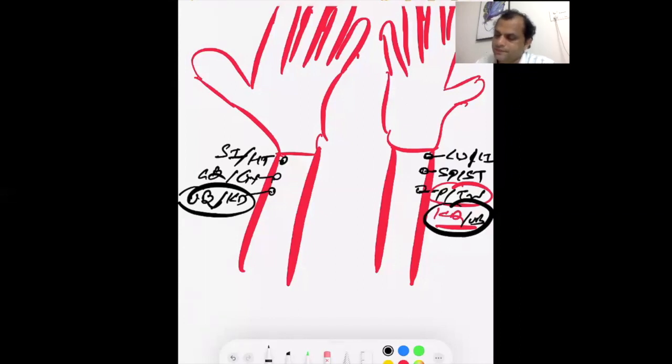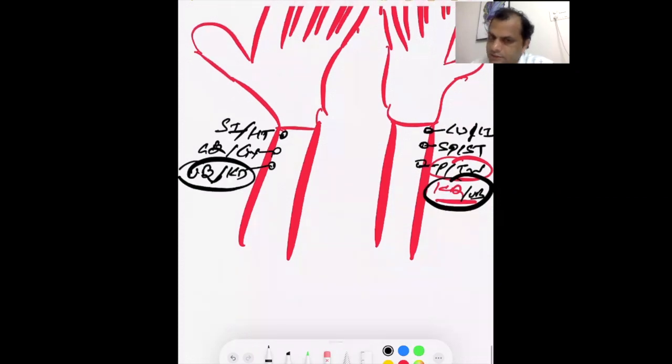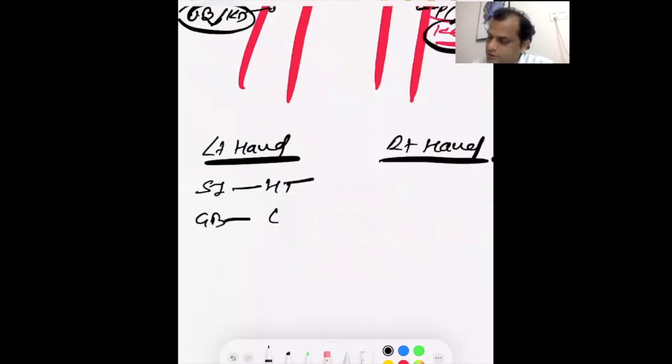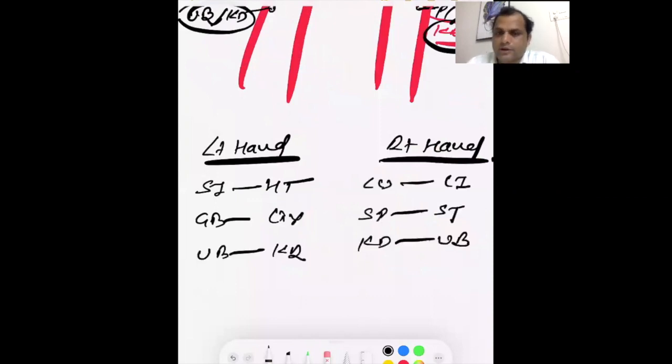So in this way, अगर हम लेफ्ट हैंड की बात करें और राइट हैंड की बात करें, तो लेफ्ट हैंड में हमें मिलती है पल्स स्मॉल इंटेस्टाइन एंड हार्ट की, गॉल ब्लैडर एंड लिवर की, यूरिन ब्लैडर एंड किडनी की। और राइट हैंड में हमें पल्स मिलती है लंग्स एंड लार्ज इंटेस्टाइन की, स्प्लीन एंड स्टमक की, और सेम किडनी एंड यूबी की। सो लेफ्ट हैंड में और राइट हैंड में हमें जो पल्स मिलती है वो इस तरह से मिलती है, यानी दोनों कपल यिन यांग कपल की पल्स एक ही जगह मिलती है।